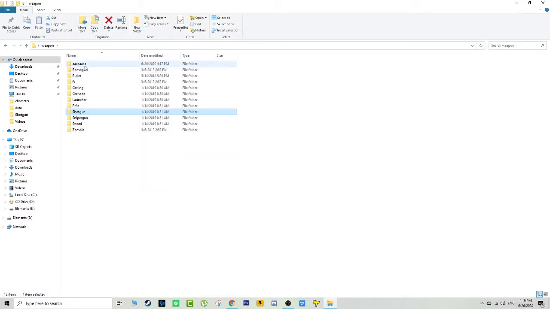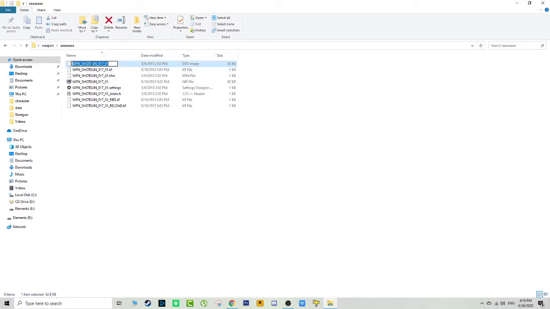Then you go back to weapon, AA, and now you paste it. Sounds easy, right? Yes, it is. It's really easy. But now that we are done with the ones that have dots on them, you see this one has this